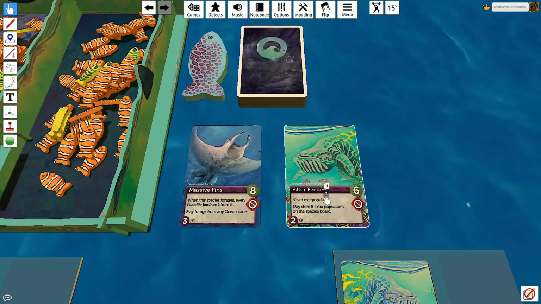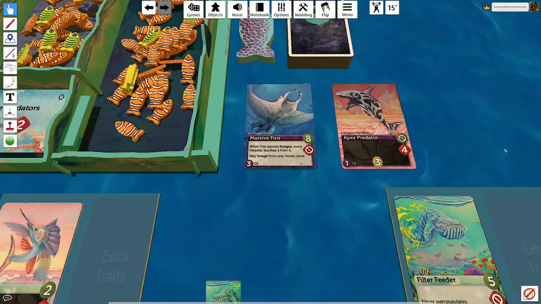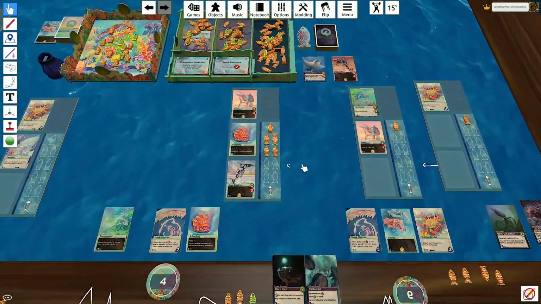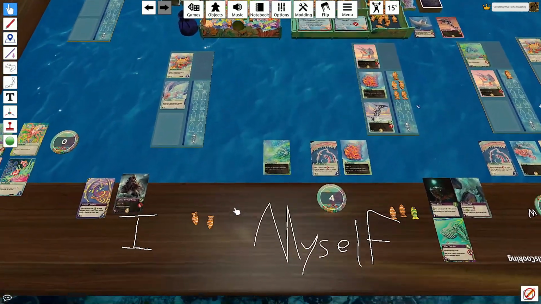This could be freaking actually really useful for whatever I'm doing over there. When a species forages, every parasitic leeches 1 from it. Every. Damn. They forage from any ocean zone. No. We're gonna grab this guy. We're gonna grab Filter Feeder to make an unstoppable killing machine once we actually can. That requires people to actually eat some fish from the board, so...